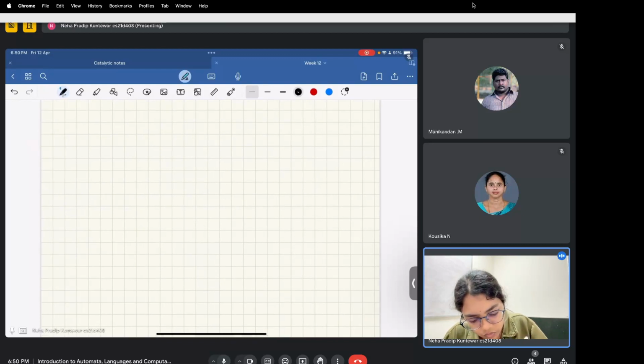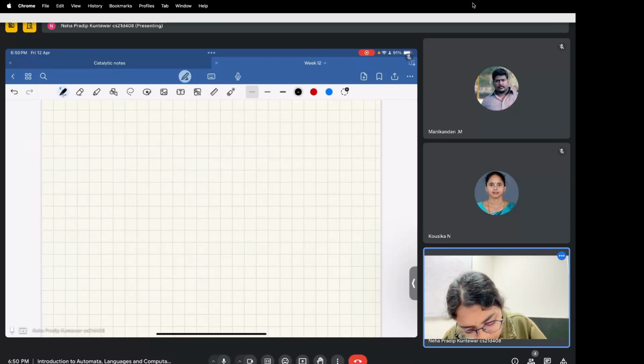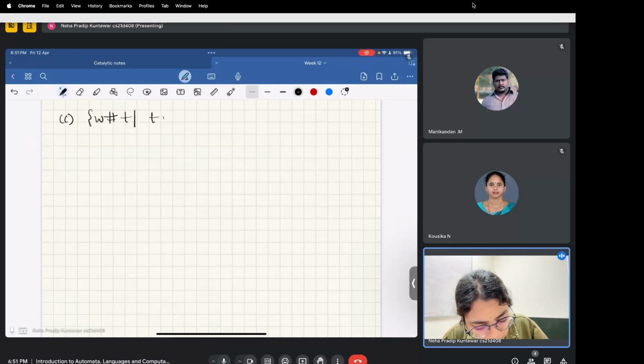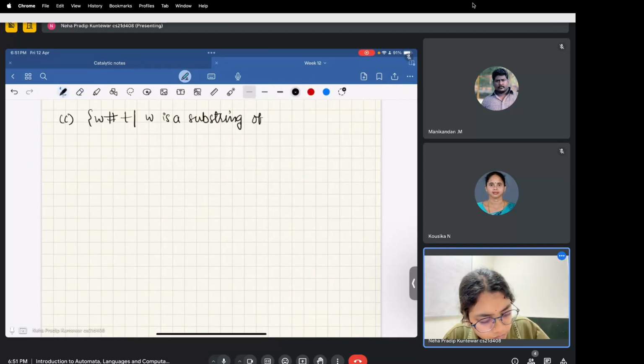Okay, so part C is the set of all w#t such that w is a substring of t. Okay, so in this example,